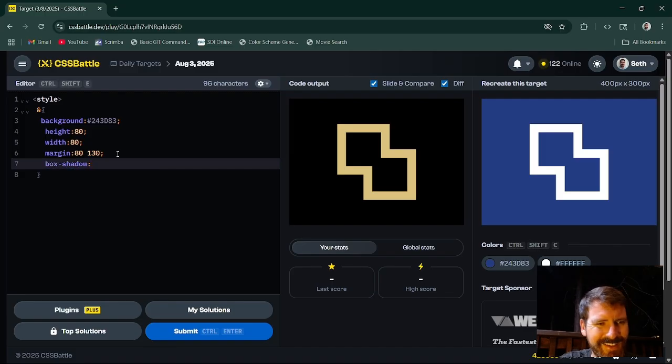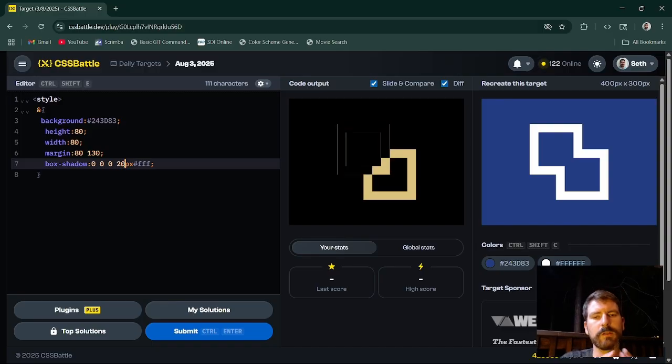There it is. 0, 0, 0 blur, and 15 pixels. There we are. All right, and it's going to be FFF. All right, 20. Looks pretty good. So then if I do the lowest layer, that lower white one,